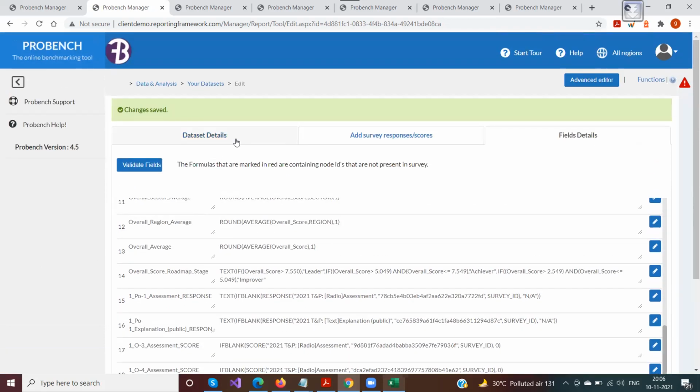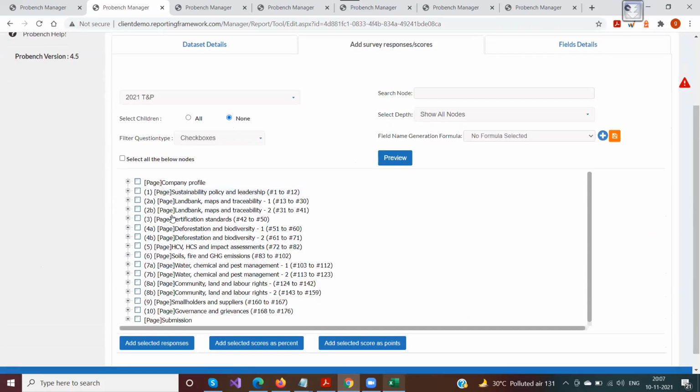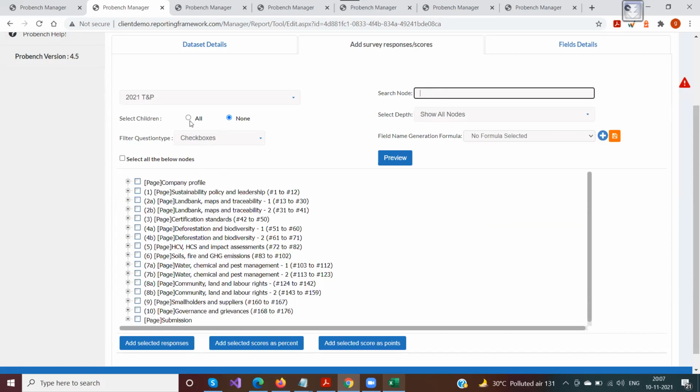So creating fields is made easier when it comes to regular formulas like responses, scores and whole scores. What are the other features here? You can search the nodes by name, wherever the IDs or variable names are.